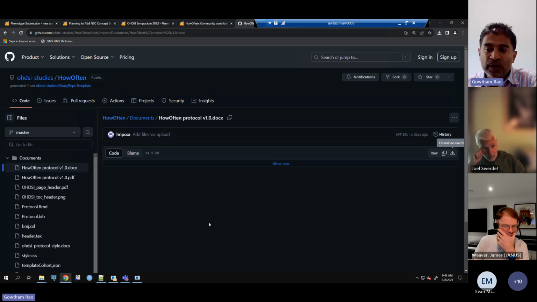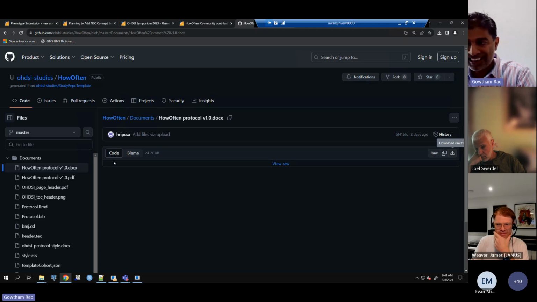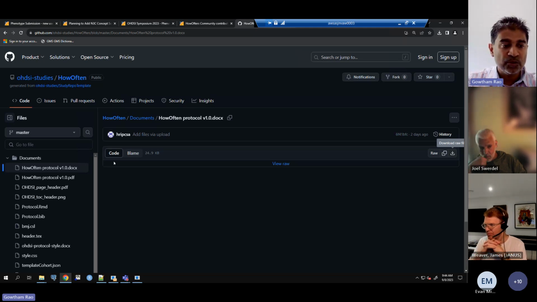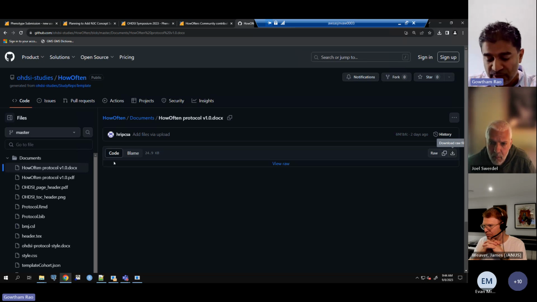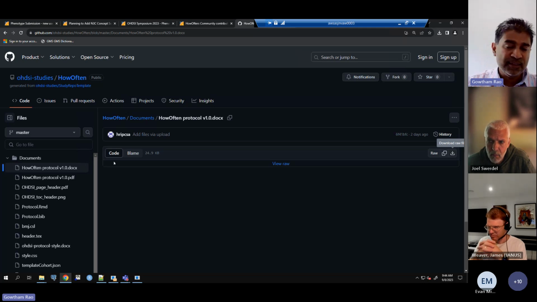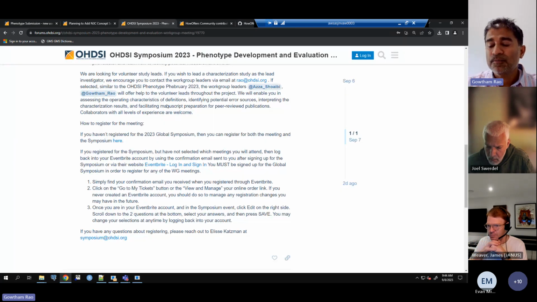The protocol will say what I just said: we're going to start from the OHDSI Phenotype library. We're going to use a subset of codes that are part of How Often. We're going to reuse the results of How Often and augment them with some population level characterization data. We're going to use a combination of the two to drive insights, and we're going to write about those insights as scientific papers for peer review. Each question will have an individual lead, and we'll collaborate as a community to work on that goal. But yes, that needs to be either a protocol amendment or a standalone protocol that needs to be ratified prior to the symposium, for sure.